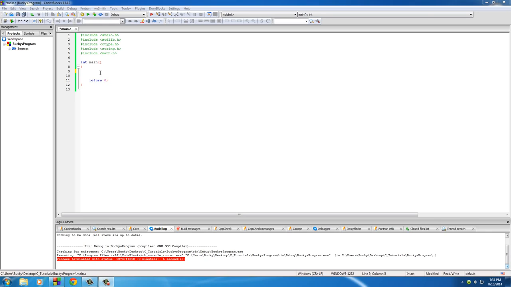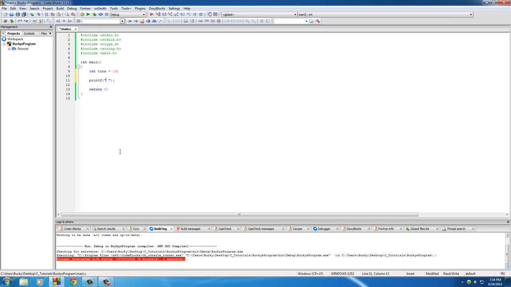So the first thing that we need to do is create any old variable, make it an int variable, and set it equal to anything you want. I'm going to call mine tuna, and set it equal to 19. The first thing I'm going to display is how and where your computer actually stores this variable in its memory. So use printf,